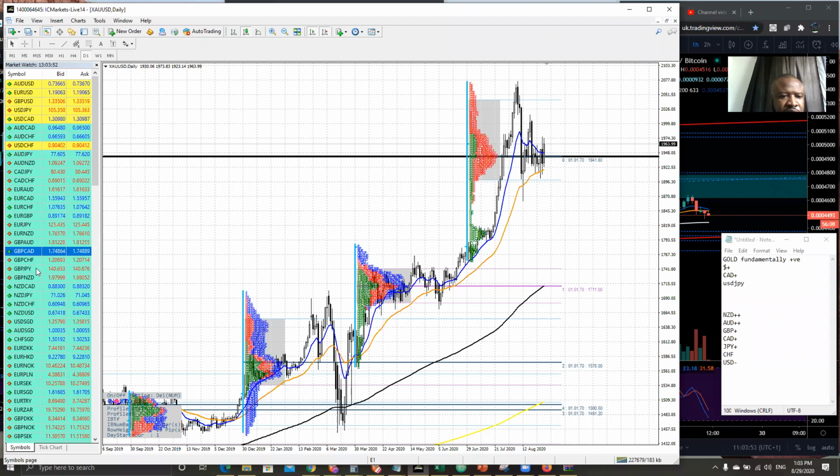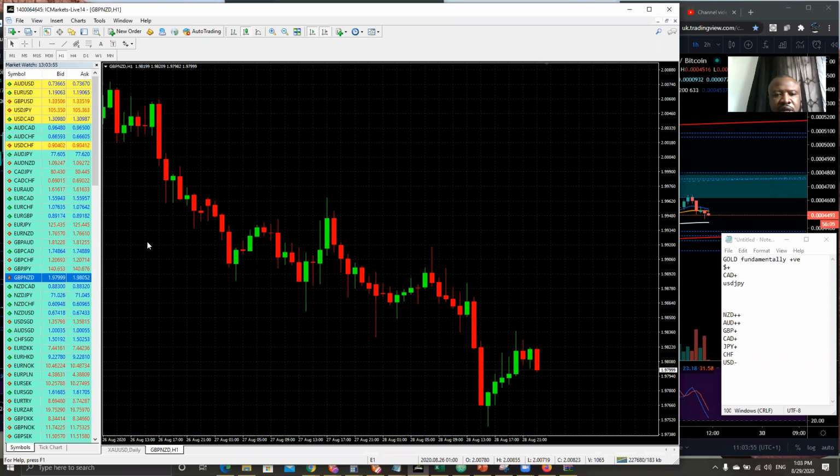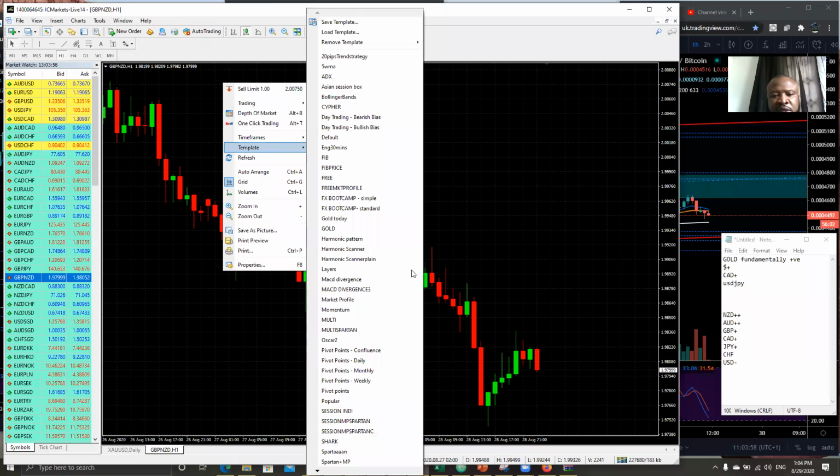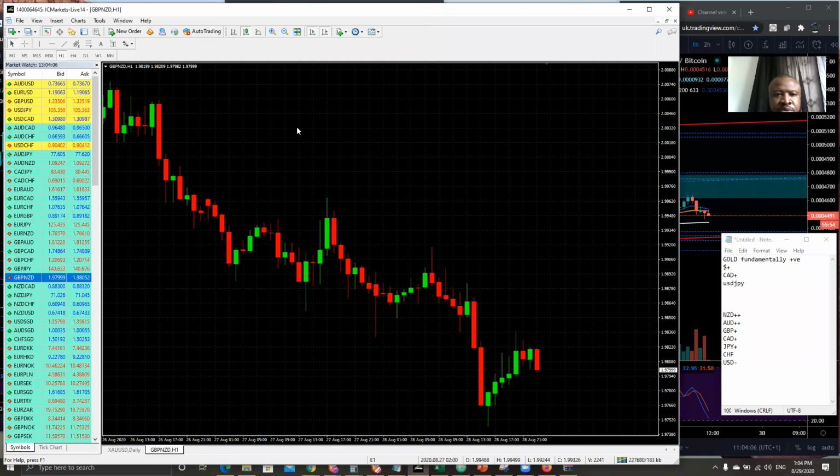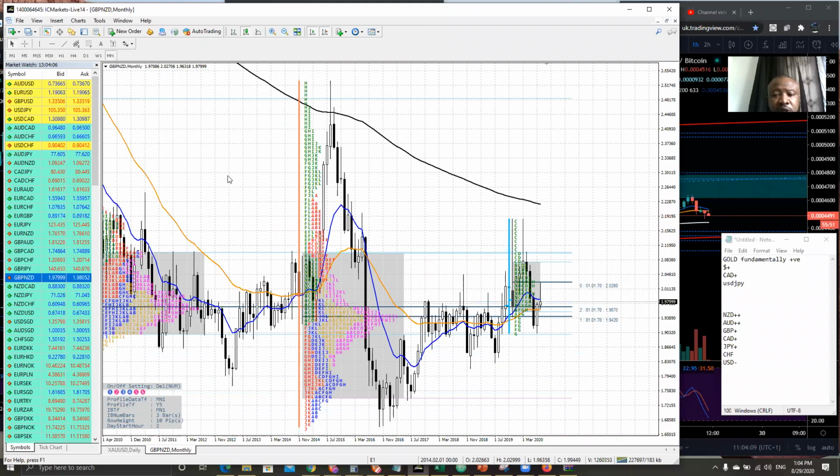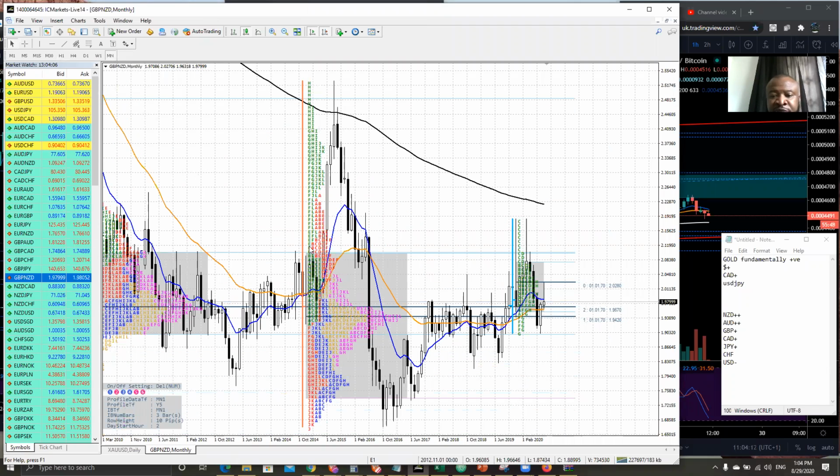But today we're going to be looking at, let's start with the pound New Zealand. I have a bit of interest on the pound New Zealand. And I'm just going to put the profile on. I'll look at it from a monthly perspective kind of view. All right, so I was actually buying the pound New Zealand in anticipation for the price to go up, and then I tend to take some profit. But me and the Bluetooth device is ready to pair.